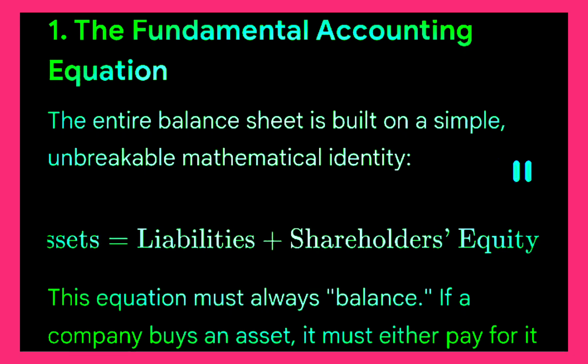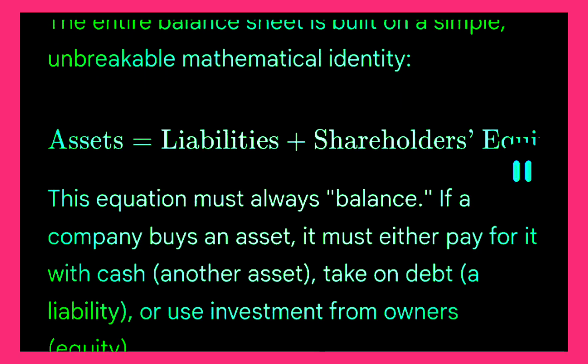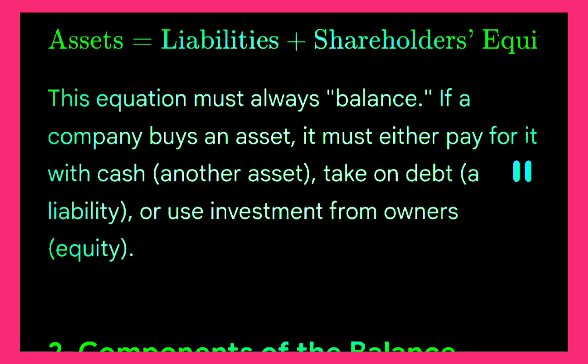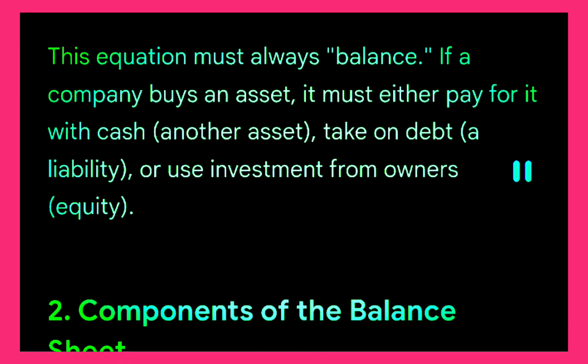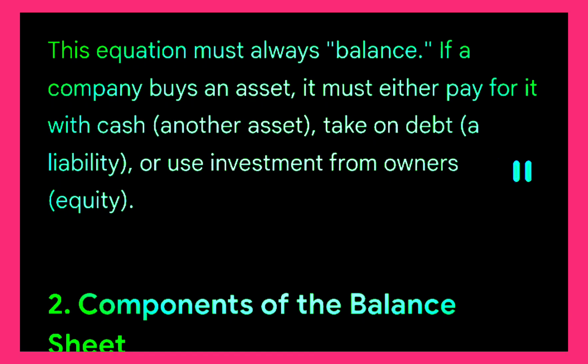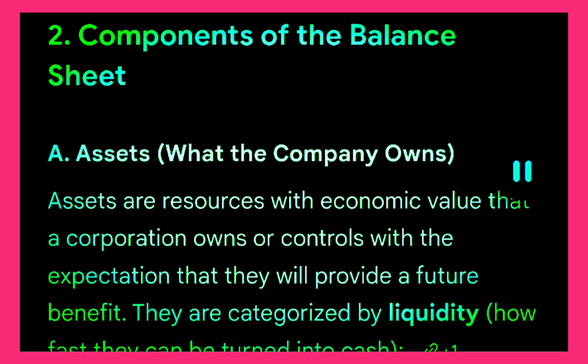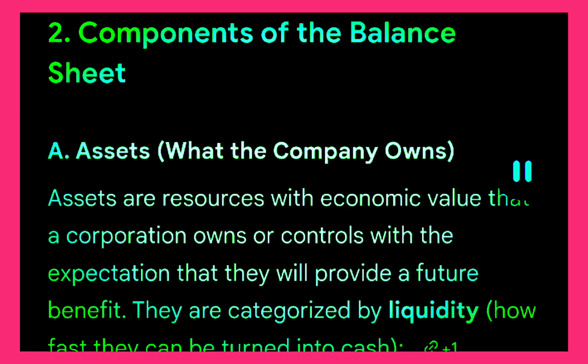If a company buys an asset, it must either pay for it with cash, another asset, take on debt, a liability, or use investment from owners' equity. 2. Components of the balance sheet. A. Assets, what the company owns. Assets are resources with economic value that a corporation owns or controls with the expectation that they will provide a